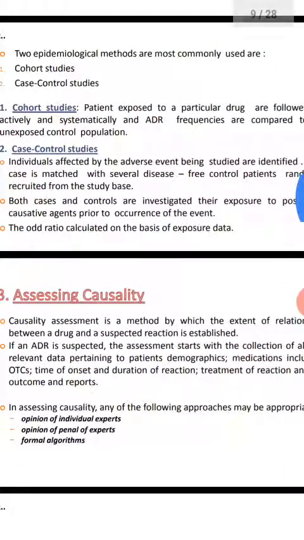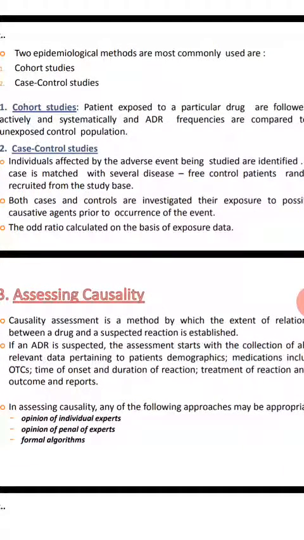Case control. Okay, so in cohort studies, you are collecting the information about those who are exposed to the drug. Later on, you are looking for a particular event, whether the patient experiences the event or not. The outcome of interest is nothing but the ADR that we already have in spontaneous reporting; we keep checking whether that particular ADR is present or not. Okay, you have to go into the future to see whether the person is getting the particular specified ADR or not. At the same time you have to collect any new ADR also.